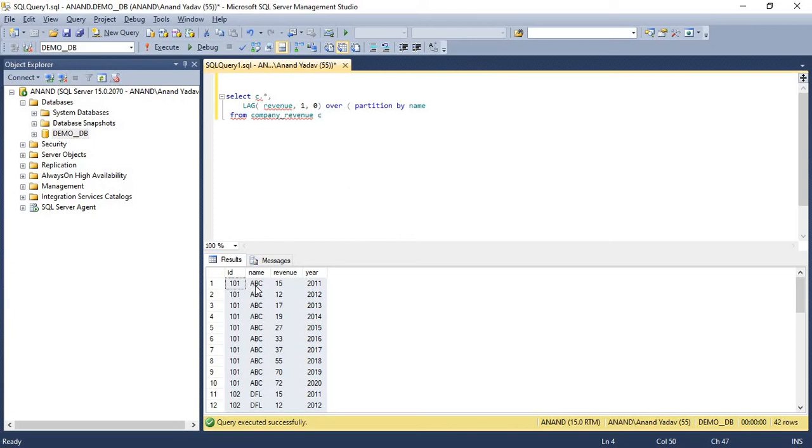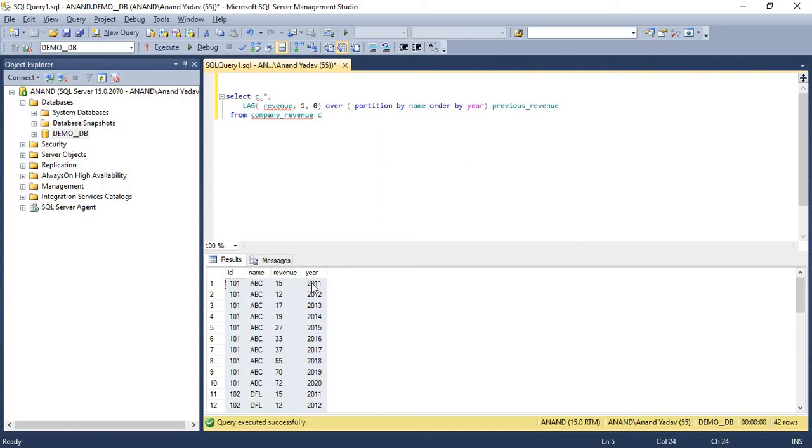So I'm using partition by name, and I order them year wise so that I have correct data. And I gave this an alias name, previous year revenue, or just previous revenue.